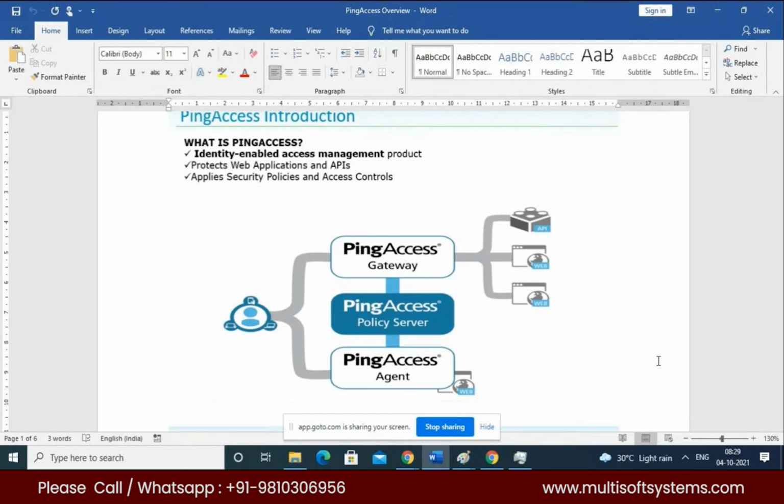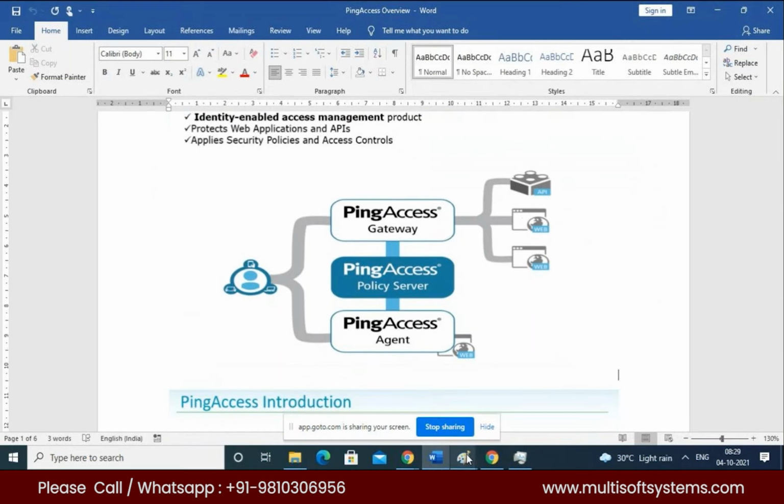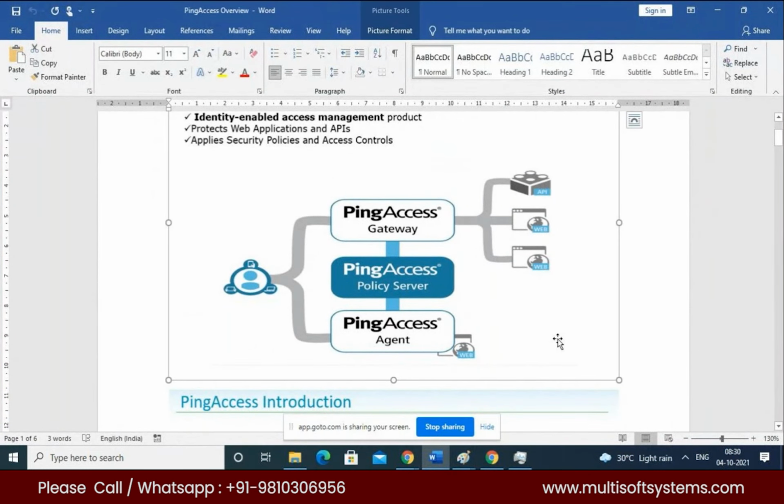For PingAccess, if you take an example, it also uses PingFederate for the authentication. Here, I think there is some issue with the ping. Okay, I'll tell you. PingAccess also uses